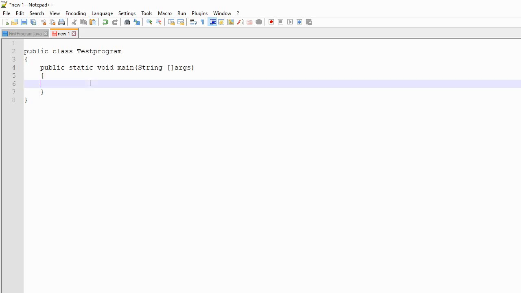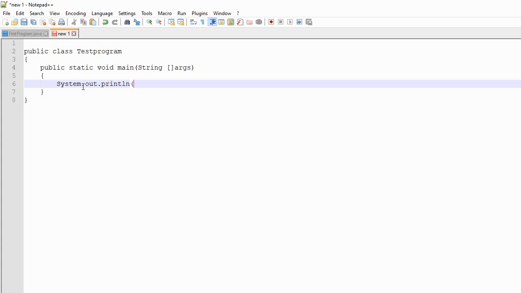Now, how to execute a line in a Java program? So here, suppose you want to print something. Okay, so for printing something, you have to use the System class. System dot out, the object of the System class, and dot println method.